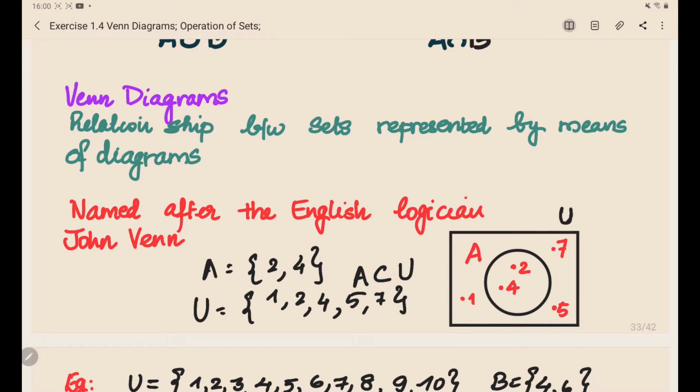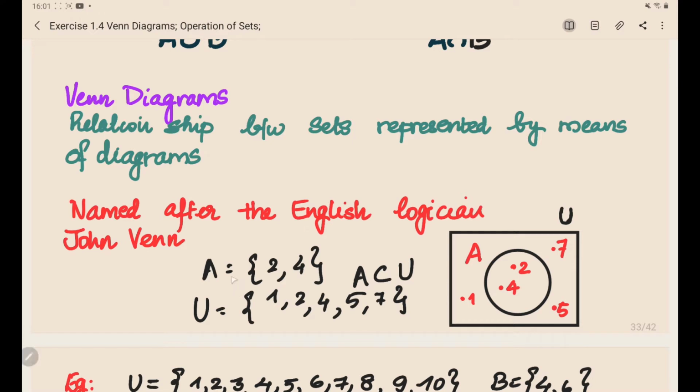We can see here a diagram, right? You can see that there is a rectangular box and also a circle. The rectangular box is the universal set. What is a universal set? Universal set is the basic set which we take for consideration. For example, x is a natural number and less than 10. So x less than 10 is a subset of the whole natural numbers. So the whole set of all natural numbers is the universal set over there, and the numbers which are less than 10 form a subset of this universal set.